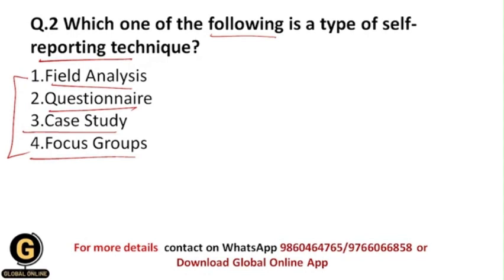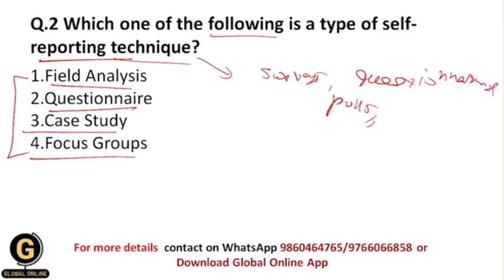So basically, the self-reporting technique of data collection uses surveys, questionnaires, and polls as the method of data collection, and that's why your correct answer over here should be questionnaire, because questionnaire is a type of self-reporting technique. All of the other options like field analysis, case study and focus groups are data collection methods,